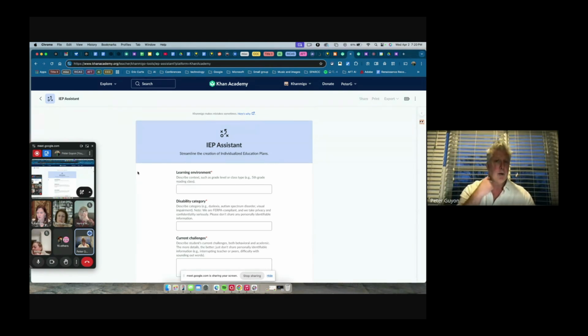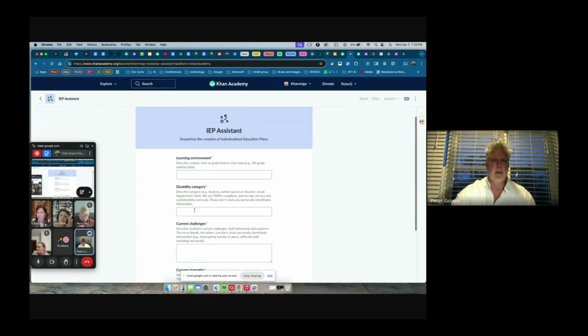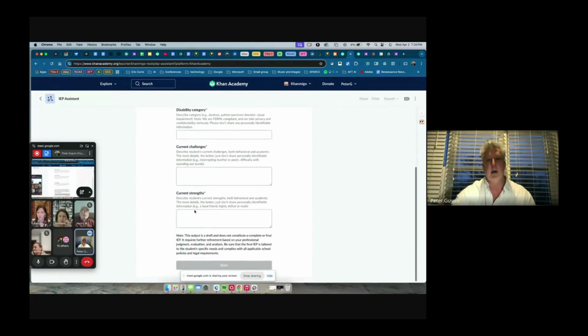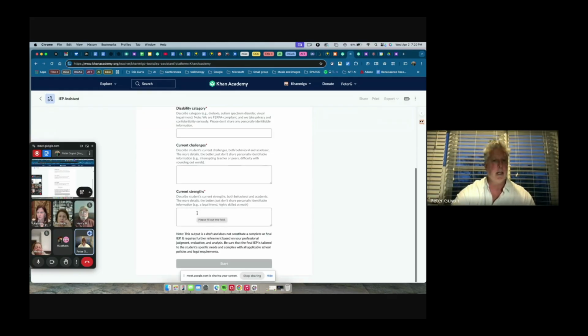But it definitely would help you if you put in some context on what the student struggles with, the disability category, and what they are strong in. It gives you some information about the student, which as a former special educator would probably be good for their present level of performance or any areas of need. But it does also help you.